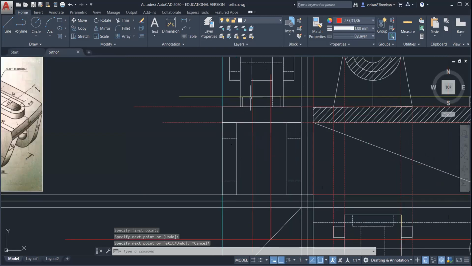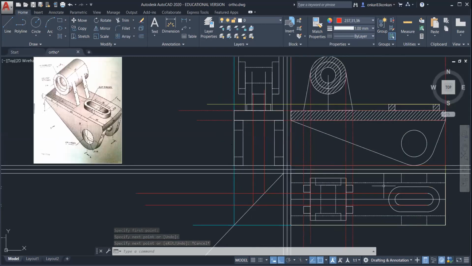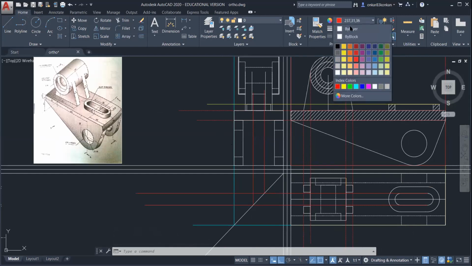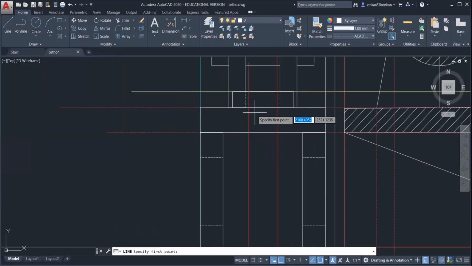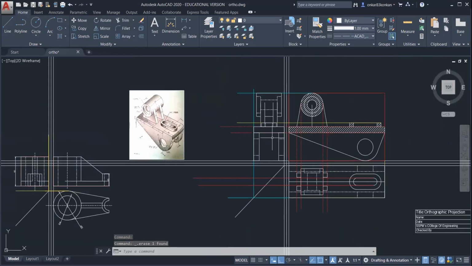Okay, so on this line, we will show the hidden line. So this is your complete side view.